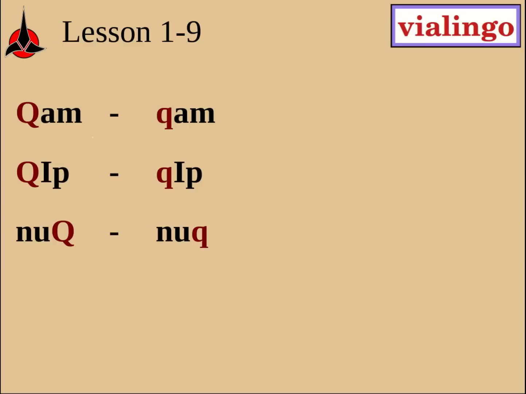In Klingon, some words sound similar but are spelled differently and have very different meanings. The same applies to other pairs of words. We won't try to learn these words yet. It would be easy to confuse the small letter q and the capital letter Q in your images. For that reason, we'll use the symbol of the Queen to represent the capital letter Q. Whenever you recall an image that involves the Queen, you will know that this word is spelled with a capital Q and not with a small q.